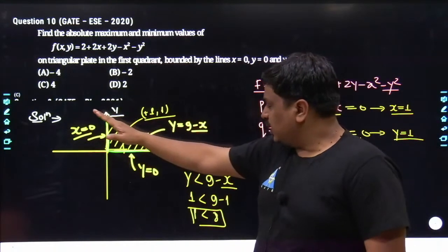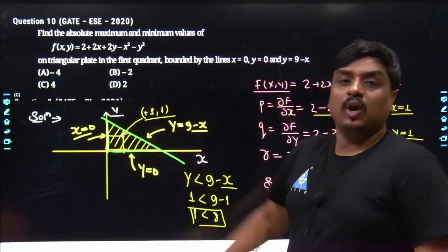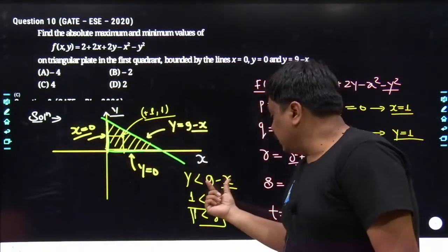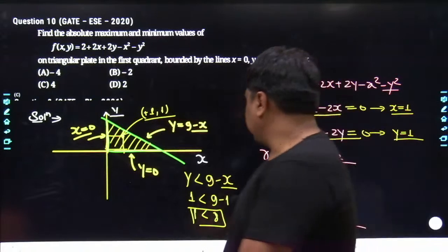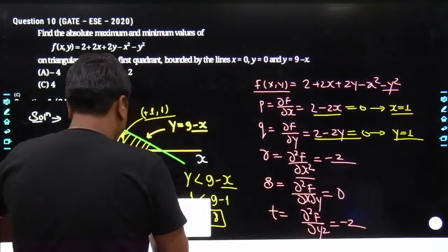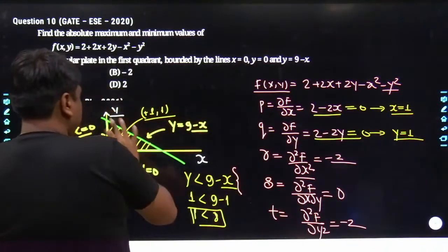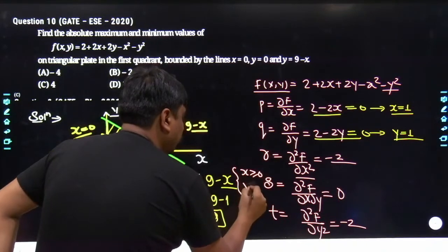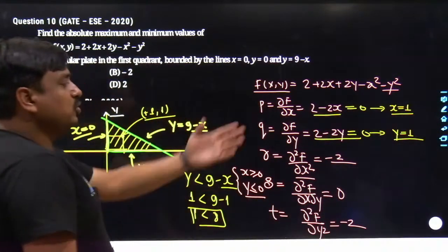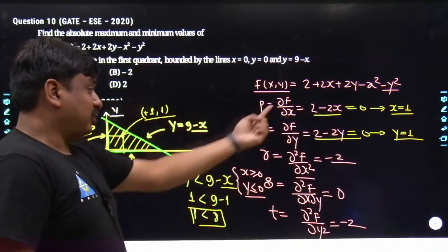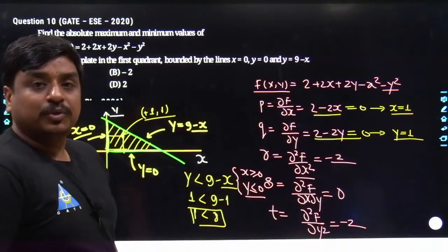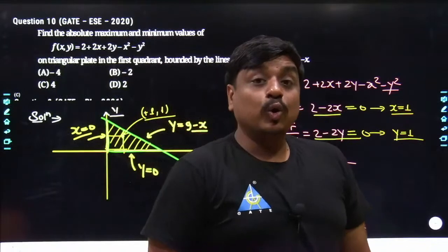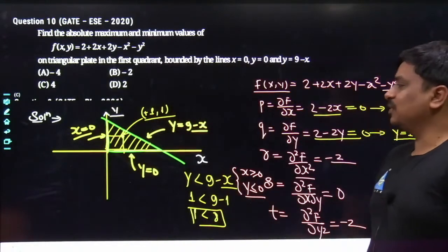Why? Because this straight line stands for y equals 9 minus x, and now if you are coming down, that means the y keeps decreasing, obviously taking the reference of 9 minus x. Here goes like this, and now if you want to keep this value in the first quadrant, because the enclosement has been taken only for the first quadrant, for that x has to be greater than or equal to 0 and y has to be greater than or equal to 0. Now you yourself can feed the value of x over here. x has been positive, and the result we get is also positive and satisfying the requirement. That means 1 comma 1 is part of the enclosed surface. Till this point, each and everything must be clear to all of us.